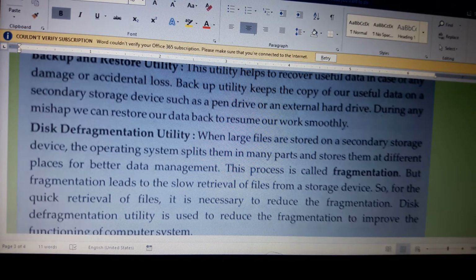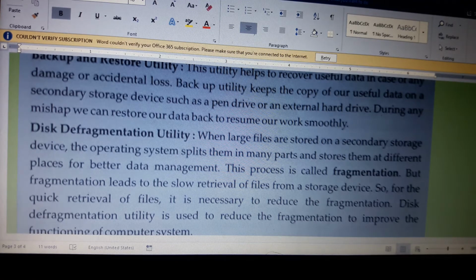But fragmentation leads to slow retrieval of files from a storage device. So, for quick retrieval of files, it is necessary to reduce the fragmentation. Defragmentation utility is used to reduce the fragmentation to improve the functioning of the computer system.